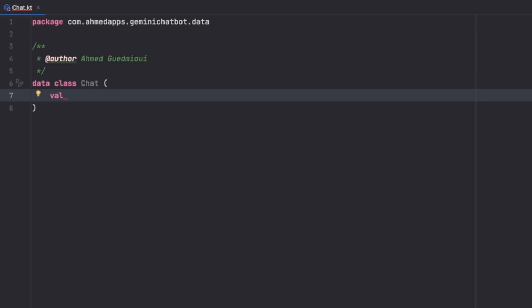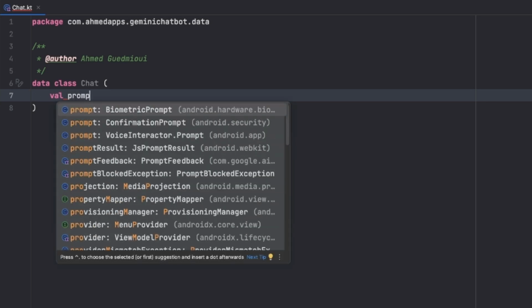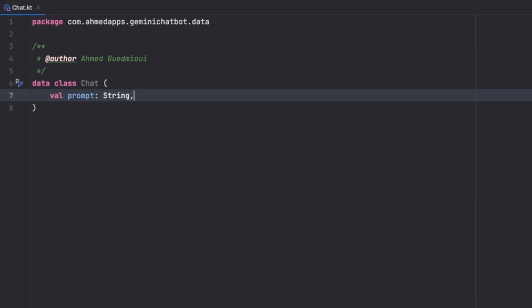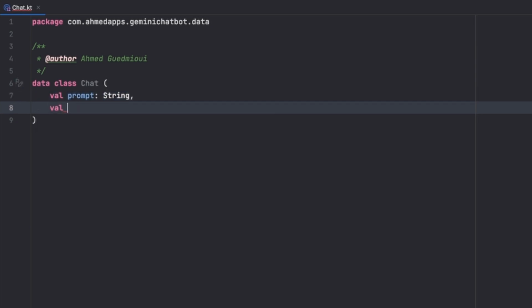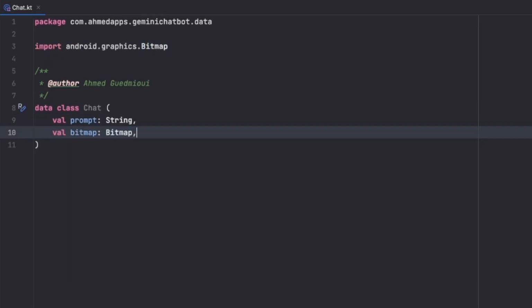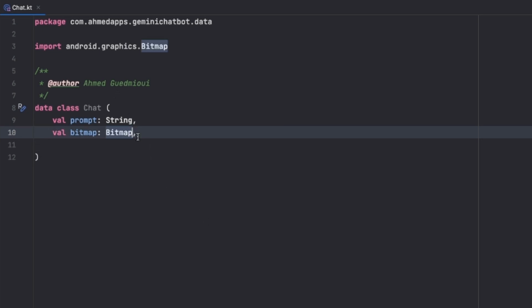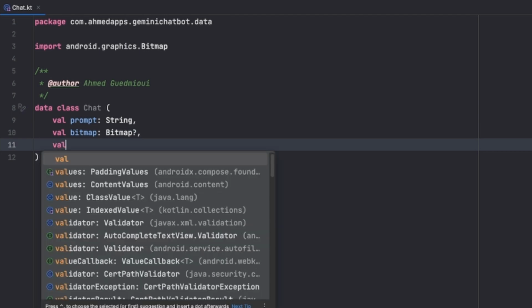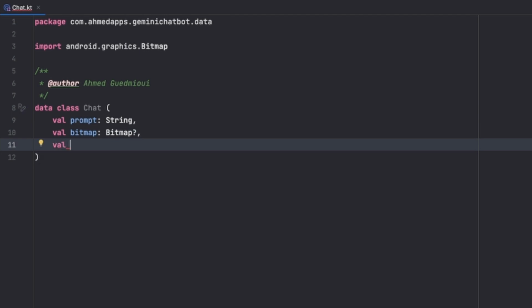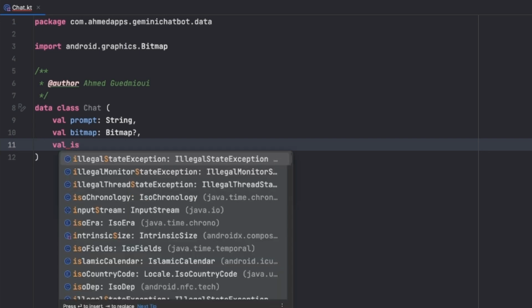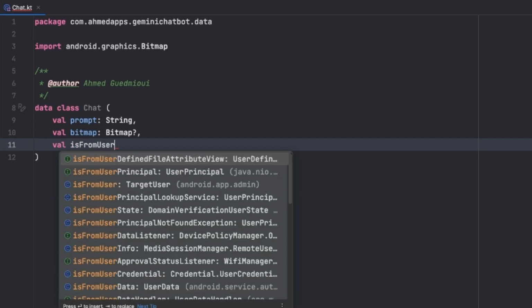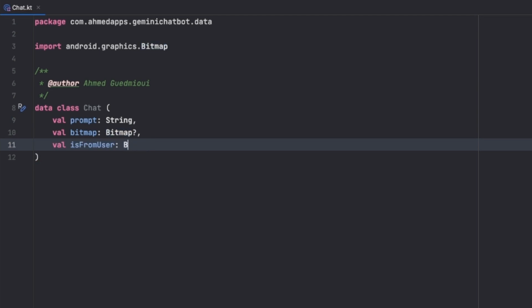So the first one is the prompt, that is of type string, and then the bitmap, which is the image we'll send to the AI. So bitmap of type bitmap, and this will be nullable because of course we can send messages without, or prompts without an image. And then who actually sent this message, so isFromUser, that's a boolean. So to just know if this chat item is from us or from the AI, that's why we need this